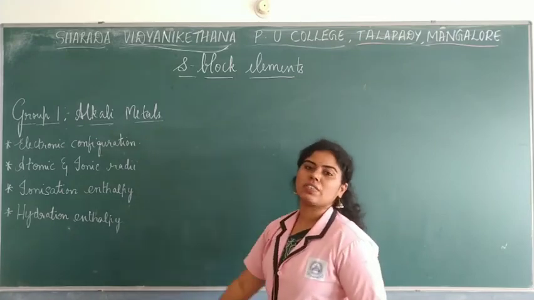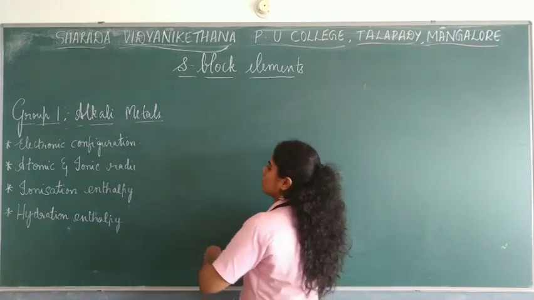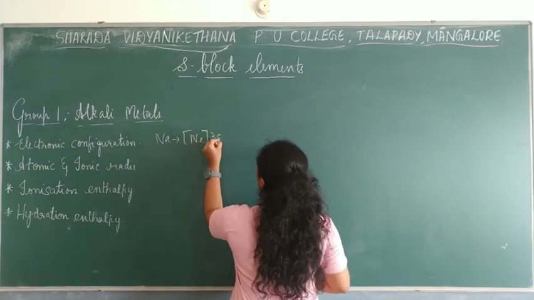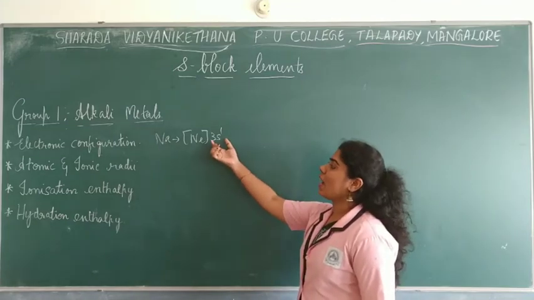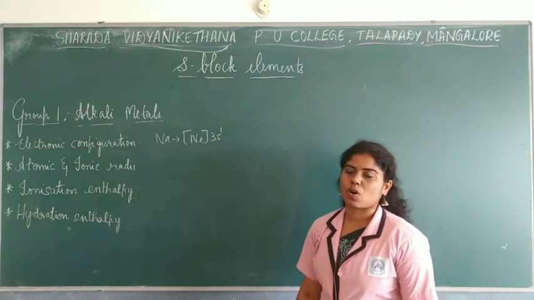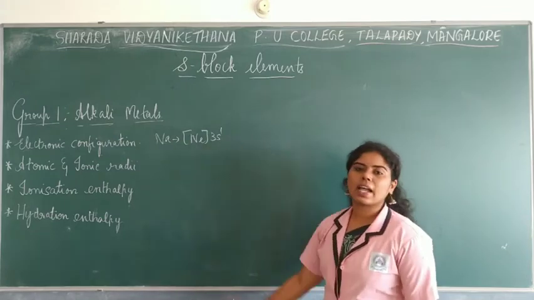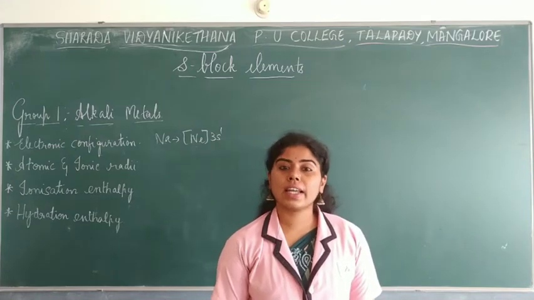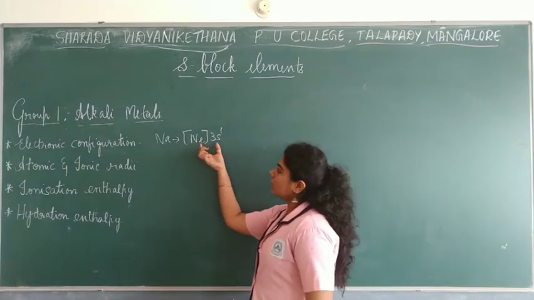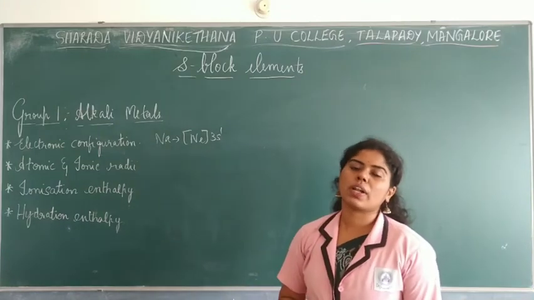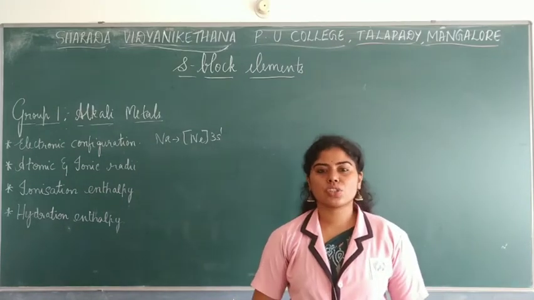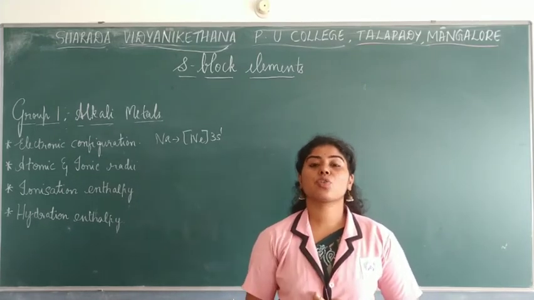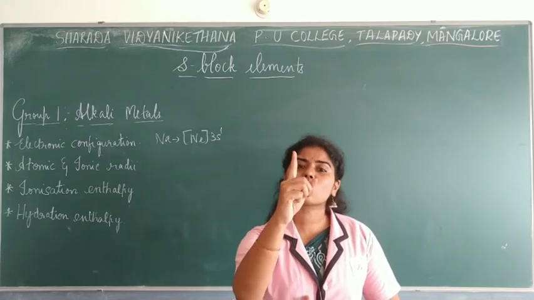So how many electrons are filled for alkali metals? There is one electron filling taking place. For example, if I take sodium, you write it as neon and then 3s1. So you have one electron present in the outermost s orbital, which means this one electron can be easily lost, or easily removed. So these elements, group 1 elements starting from lithium to francium, are said to be electropositive elements. Why electropositive? Because they easily tend to lose one electron.